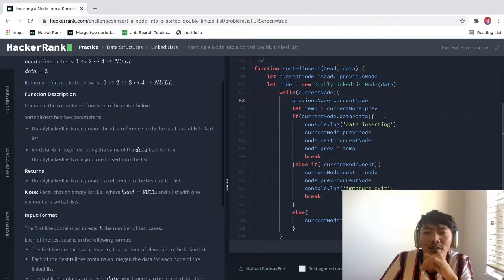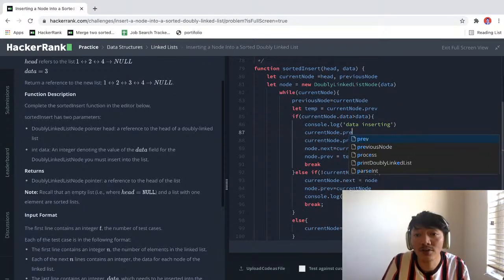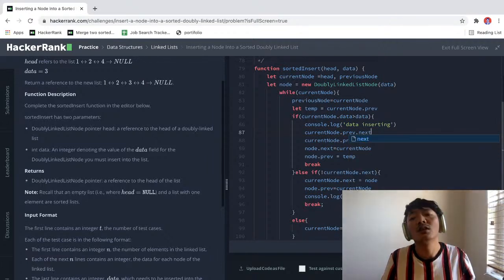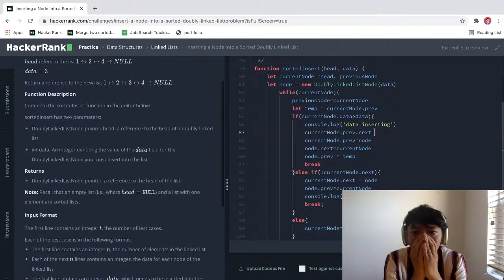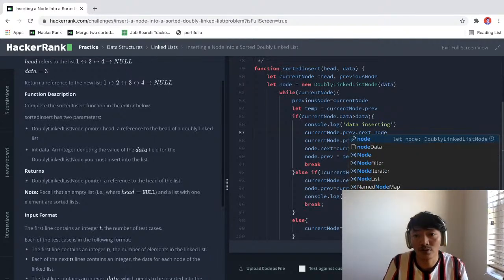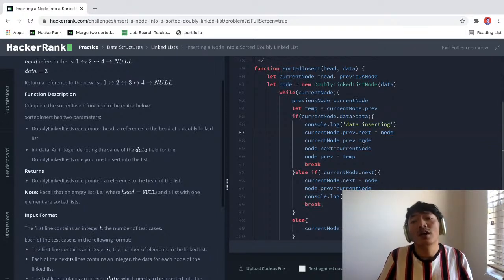And then before doing that, we need to do current node dot previous node dot next equals node. Okay, next equals node, and then